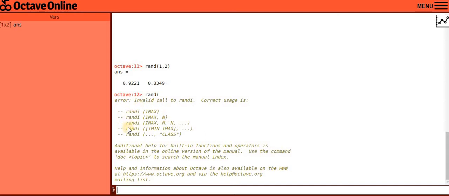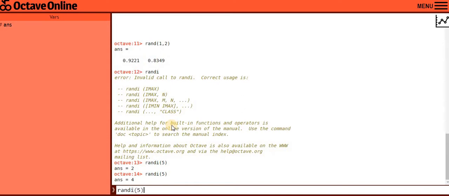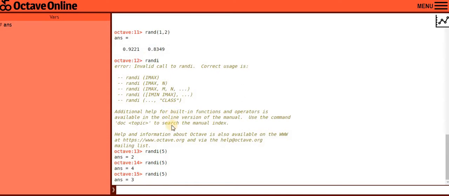Similarly, there are some other options to create random numbers. For example, if you want to create a matrix of randomly generated numbers from 0 to 10, then you can write randi, in the braces 10 comma, then the size of the matrix that you want to generate. Let's start with these. Suppose I am writing randi(5). Now it is giving me a randomly generated integer from 1 to 5. I am again repeating the same statement. It is giving me 4 now. Randomly it is creating a number that is of integer type from 1 to 5.